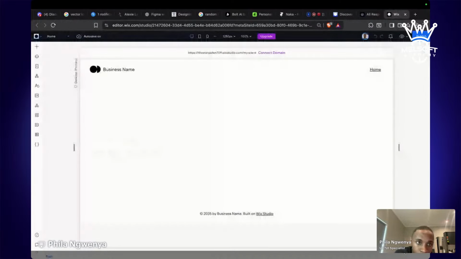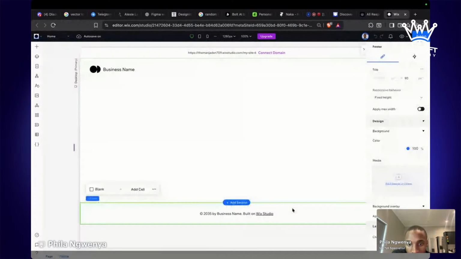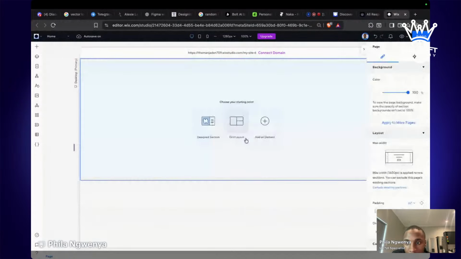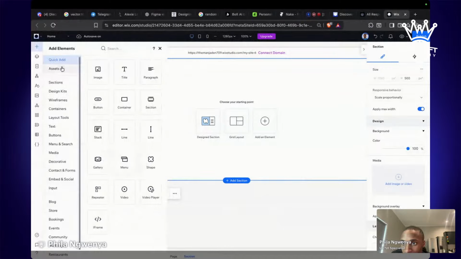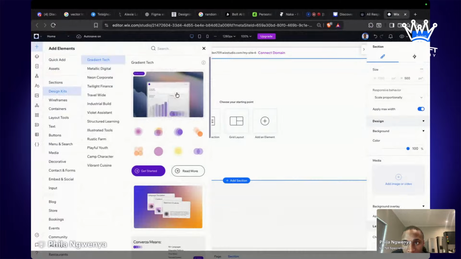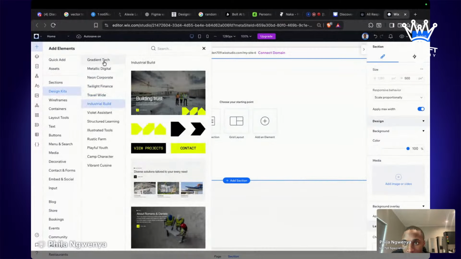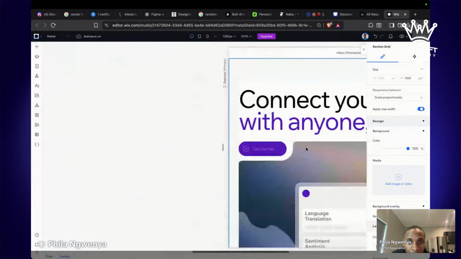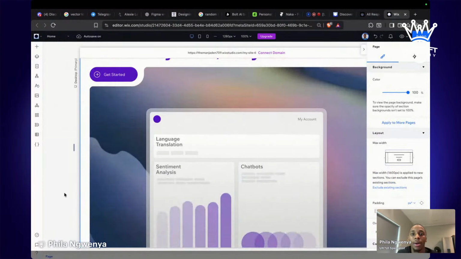So this is just a quick tutorial. It's not going to take as long as the other one did. So here is our canvas. We have a business name and all of this. I want to get rid of all of this, so I want to delete that and delete that. Now, as you can see, Wix allows us to create our own template elements. It gives us design kits that we can just plug in, right? A grid template, all of these beautiful things to create your website. If you wanted to use this one, you just click it, then it comes onto your dashboard. Now you have a nice and clean